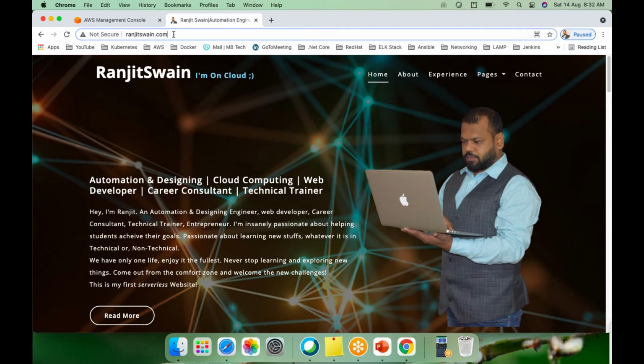In a real-time scenario, think about Amazon.com, the e-commerce site. Based on their geographical location, based on the region, they redirect the traffic request to a particular server. For Indian customers, they have a different server. For USA customers, a different server. For Singapore customers and Australian customers, they have different servers.